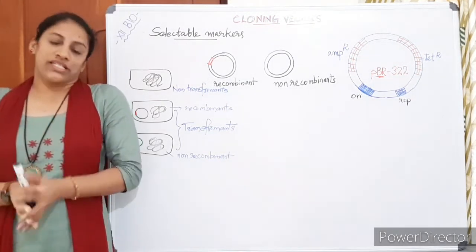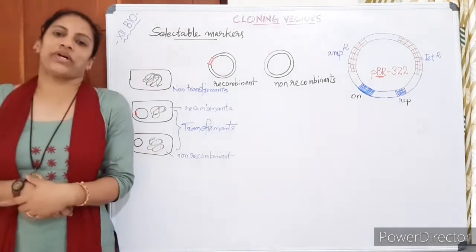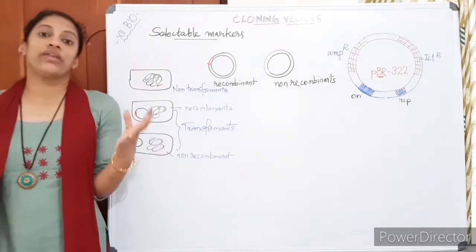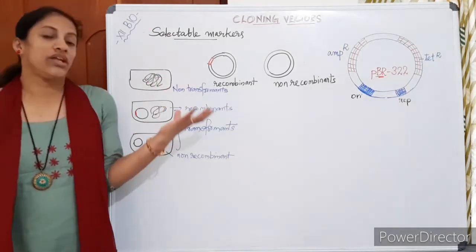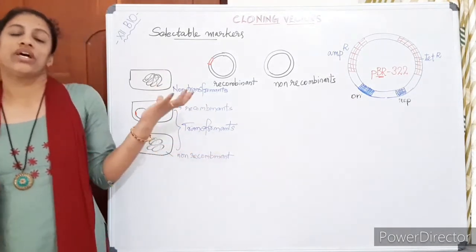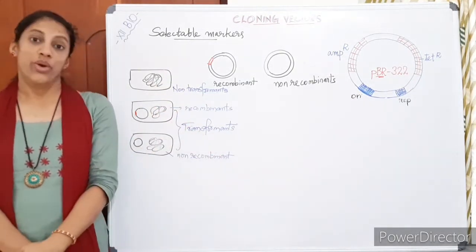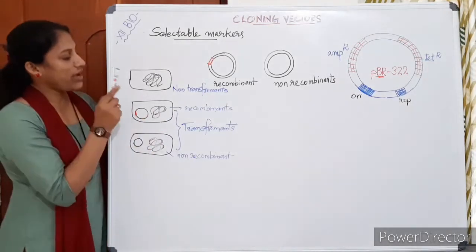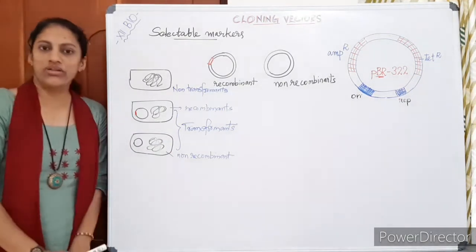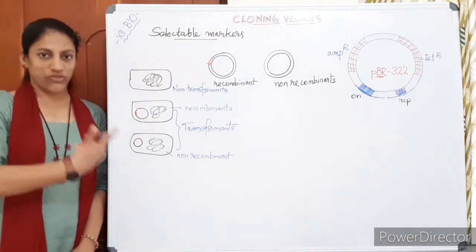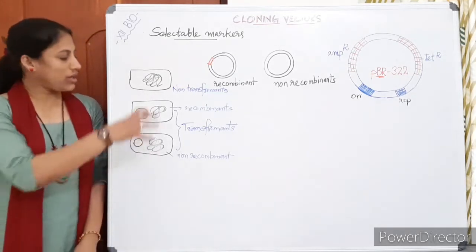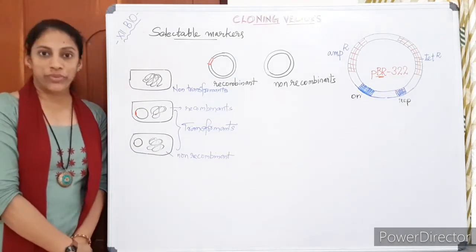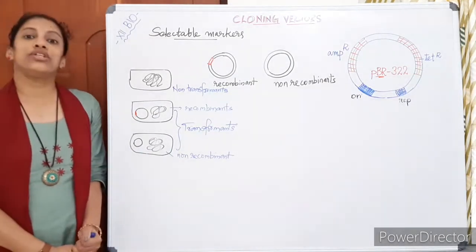Okay, then listen. How do we separate this from a colony? Very interesting topic. How can we separate these transformants, non-transformants, recombinants, non-recombinants from the colony? We need only the successful one. This one only we need. We have to eliminate this and this. We don't require that. For our further experiments, for our further multiplication, cloning, we need only this, because our gene is only here in this. Are you following me? Okay. Then how to do this?